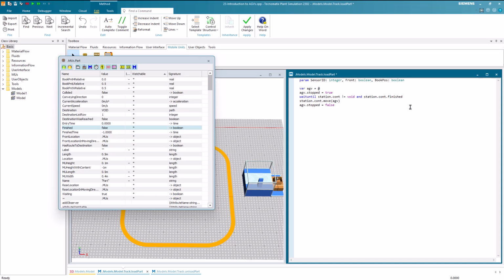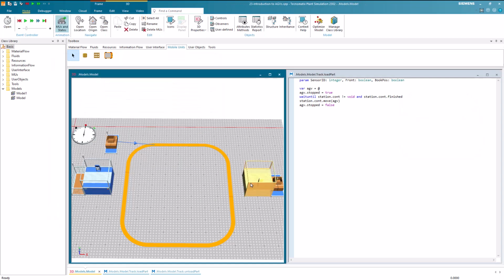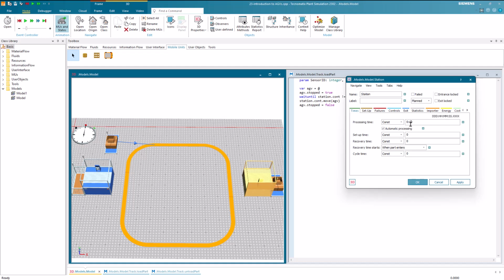This is essentially the approach to finding suitable attributes for coding. Only if these conditions are met, we move the content of the station to the AGV. Now we save our changes. Then we set the processing time of the first station to 20 seconds and let the simulation run again.